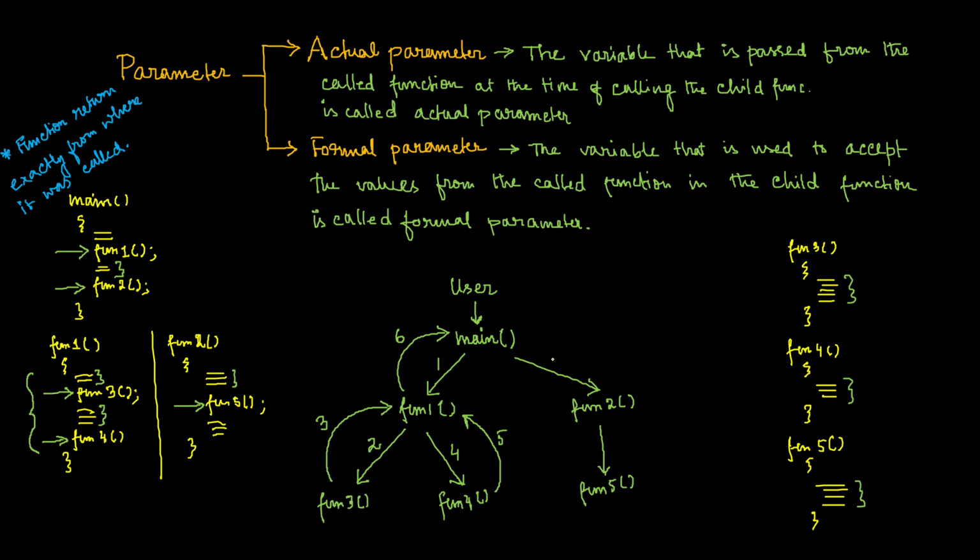By the way, let's number it first. This is 7 and this is 8, and after completion of these it will return back to function 2 again. And you see, after returning back to function 2, some set of code that is left to execute in function 2 will execute. And after executing, all the responsibility of function 2 completes. If all the responsibility of function 2 completes, the control will return back to main again because from main it was called.